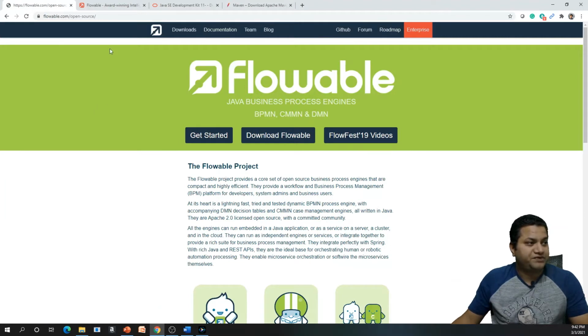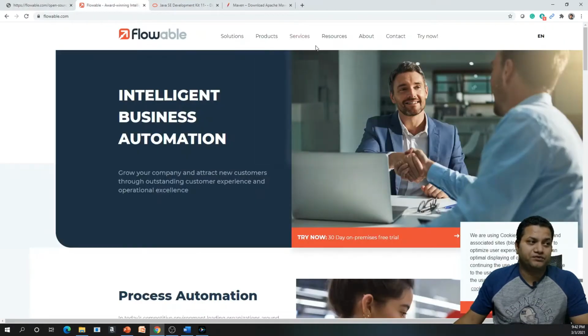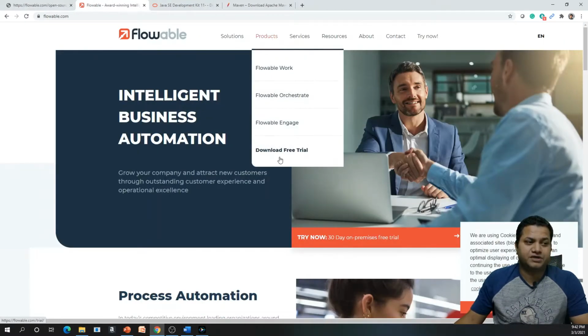First, if you need to download the open source version, you need to refer to this URL, which is flowable.com/open source. And to be able to download the enterprise version, we need to go to flowable.com. Here from products, you can download the free trial, which is available for 30 days on your email based subscription. And so this is where you can actually start and look at the services that they provide in the enterprise